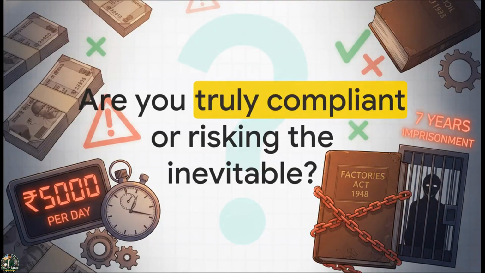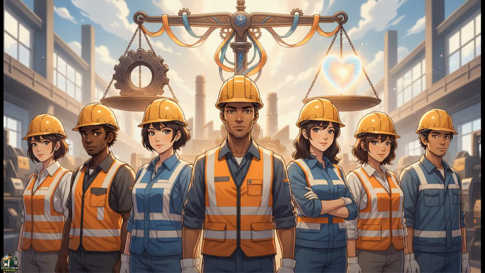So, seeing these compounding fines, these strict owner liabilities, and these severe prison terms laid out so starkly, it really forces you to ask whether cutting corners is ever worth the liability. I mean, when the clock is ticking at 5,000 rupees a day and a 7-year prison sentence is on the table, compliance is literally the only logical path. By tracing sections 92 through 96A, we see exactly how the law intricately binds safety protocols directly to severe financial and penal consequences. There is no room for excuses.